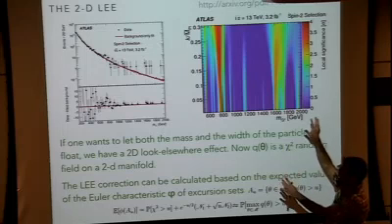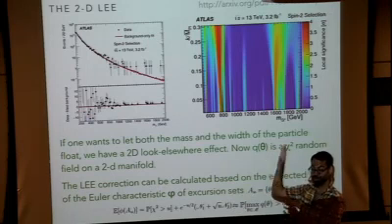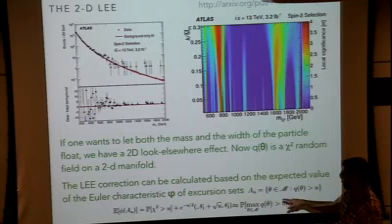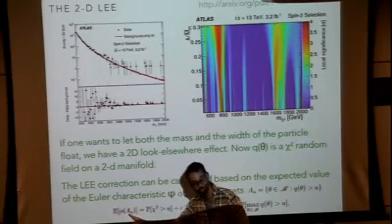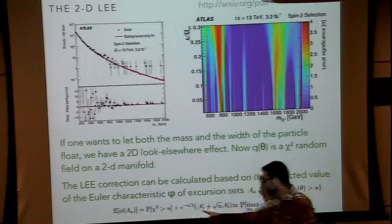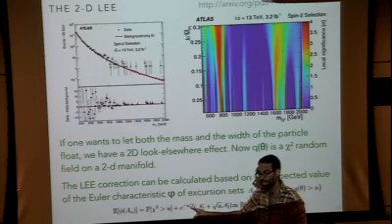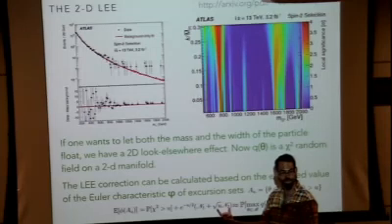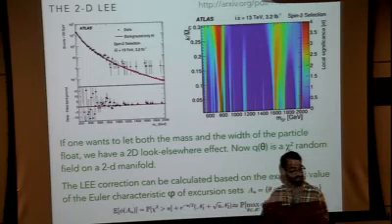And then what's somewhat surprising is you calculate the expected value of the Euler characteristic of those contours. Okay, sure, why not? And then A mu is the set of those contours, and the expected value of the Euler characteristic of those excursion sets is equal to this formula, which looks a lot like the one we had before, the local p-value plus e to the minus whatever, which was like the expected number of up crossings, but now there's another term for the 2D one, and you can calculate these coefficients,